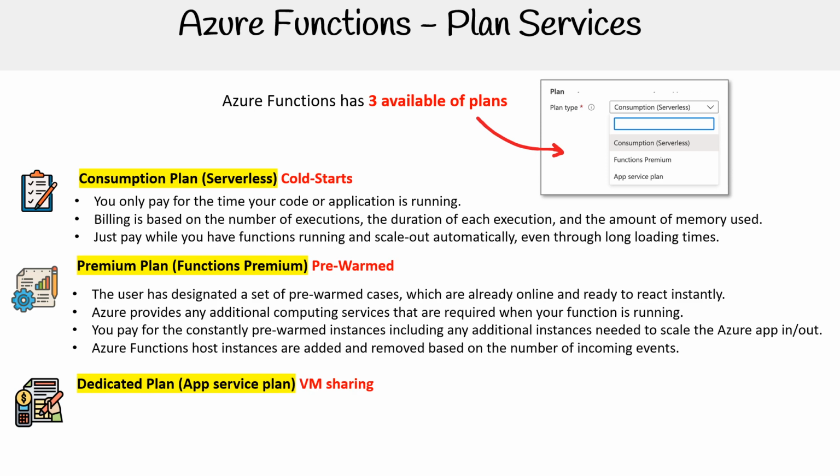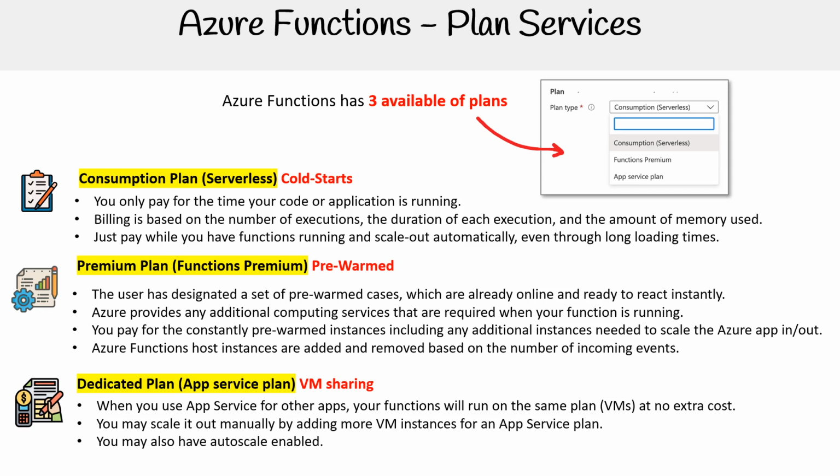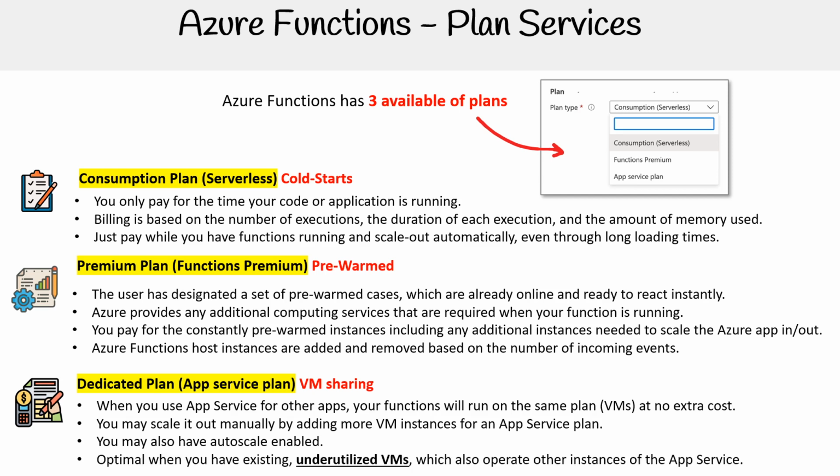The last here we have dedicated plan. This is with app service plan, and this is where we're doing VM sharing. And this one is extremely unique. You do not see this in any other cloud provider, but this is where when you use app service for other apps, your functions will run on the same plan, virtual machine, at no extra cost. You may scale it out manually by adding more virtual machine instances for an app service plan. You may also have auto scale enabled, optional when you have existing underutilized virtual machines, which also operate other instances